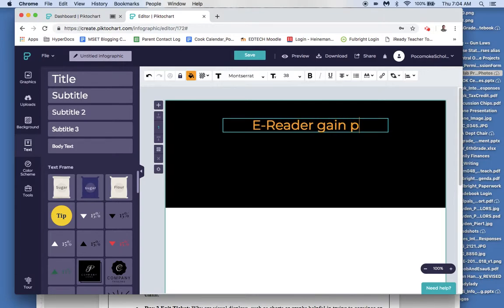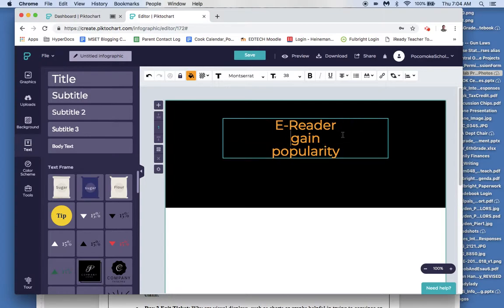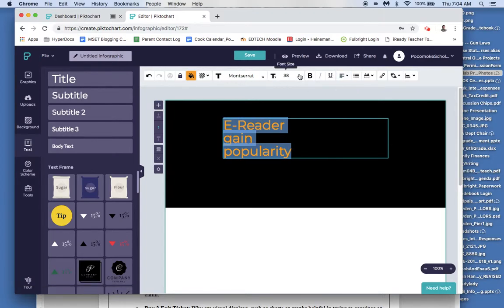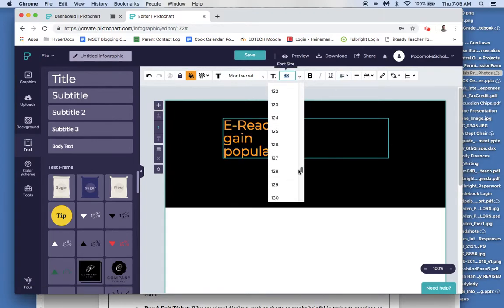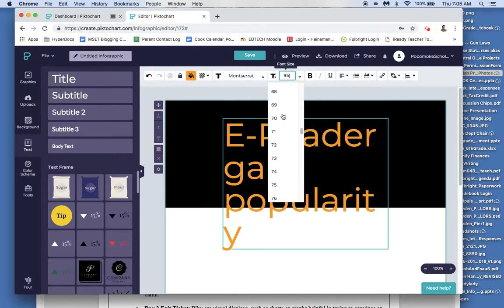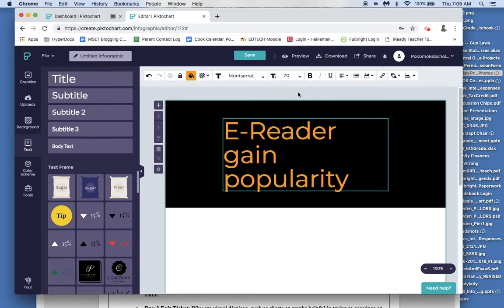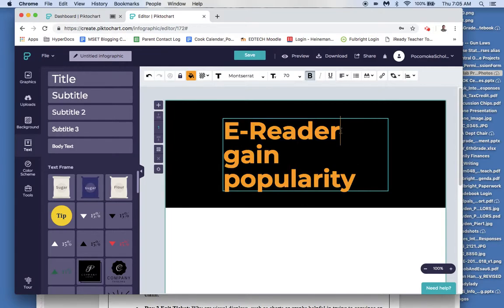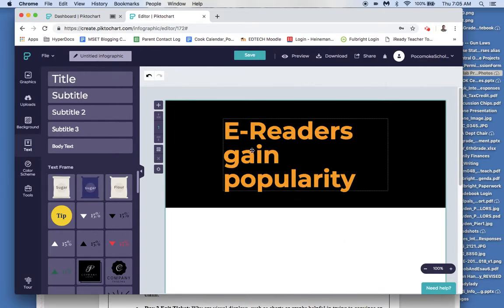gain popularity. I always tell people this one should be the one that pops. Like this has to be the largest. So I'm going to do a lot of different ways. So I'm going to move it to the left. I'm going to take the font and make it big. Ooh, that's too big. Maybe 70. I'm going to bold it a little bit. E-readers, plural, gain popularity. And